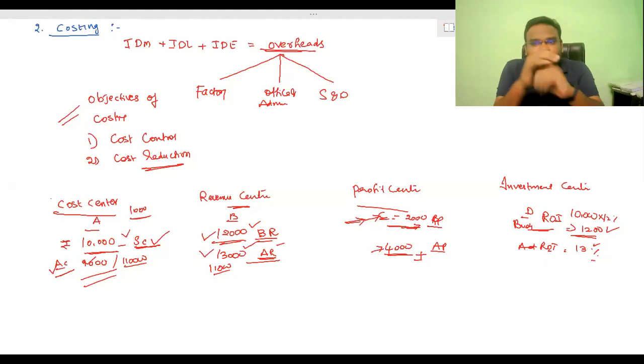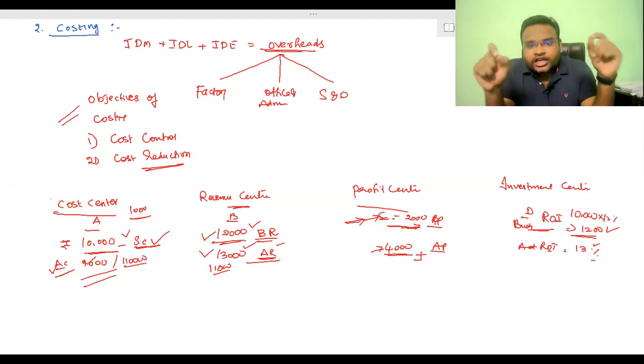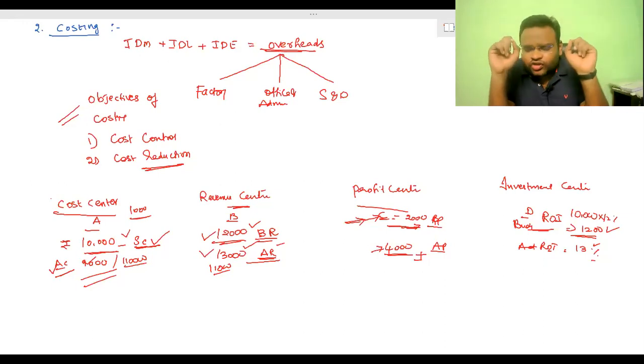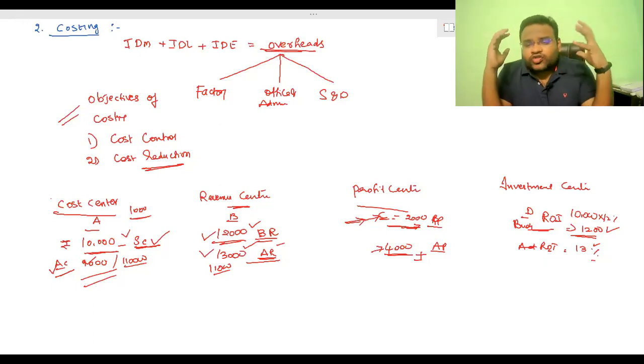cost center is defined by CIMA. CIMA is the Chartered Institute of Management Accountants. The majority of the costing decisions are taken from CIMA London. A cost center is a location, person, or item of equipment, or group of all these things for which cost may be ascertained and used for the purpose of control. I repeat the word, a very, very important definition in terms of costing,